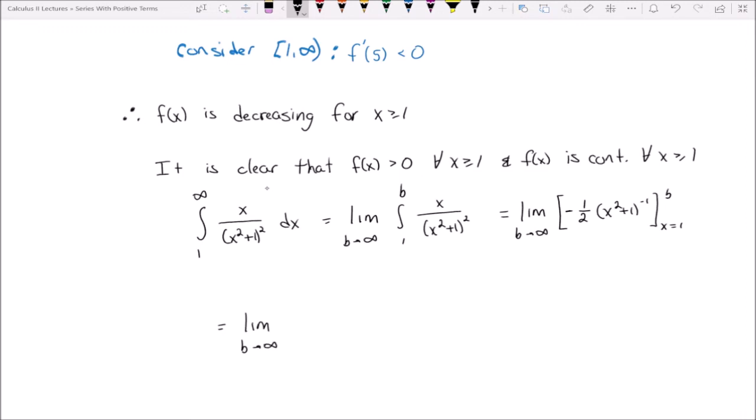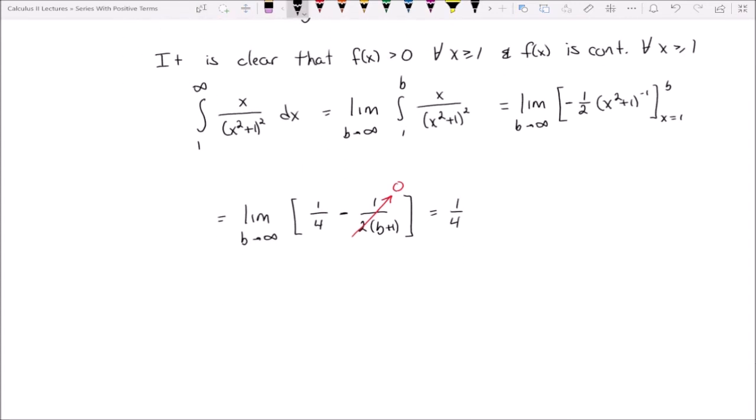And so what we get is, start with x equals 1 first. We're going to get 1/4. Then minus, when x is b, we get 1 over 2 times b plus 1. Right now, as b goes to infinity, that term goes to 0. We're left with 1/4. That converges. So what we can conclude